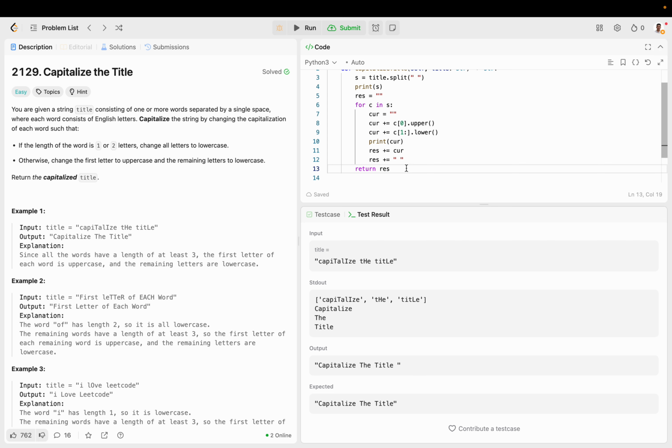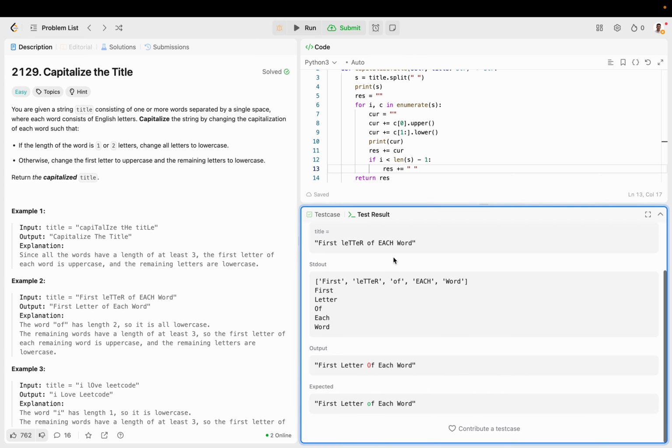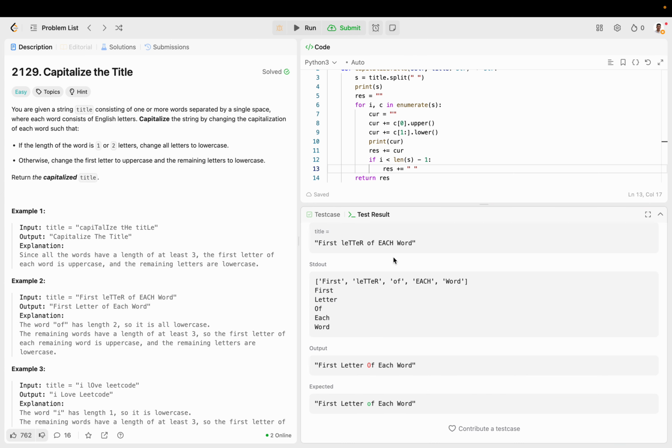Capitalize the title. Okay, so let's say if i is less than length of s minus 1, so it's not the very last word that we're iterating over, then we can add the space at the end, otherwise don't. Okay, I misread the instructions, so